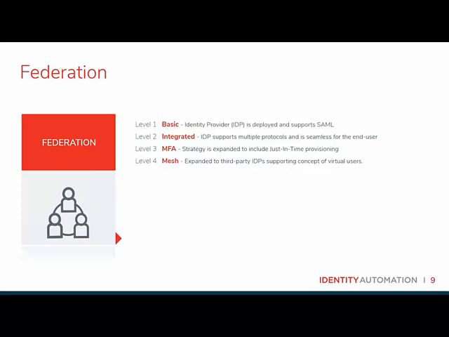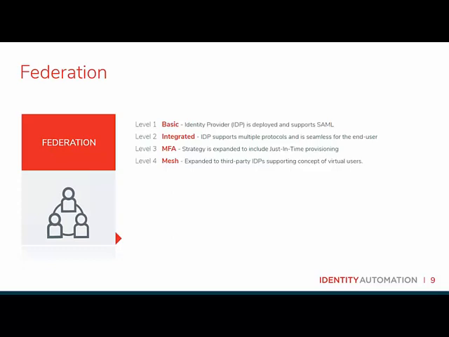Now at level 2, integrated, right, this simply puts all of that on steroids and adds additional federation methods such as OAuth, OpenID Connect, or WS Federation into the mix. Right? Because there are different federation methods out there, each time an organization adds support for any one of them, they've enabled their users to single sign-on to a broader range of applications, all with enhanced authentication and authorization capabilities to boot.